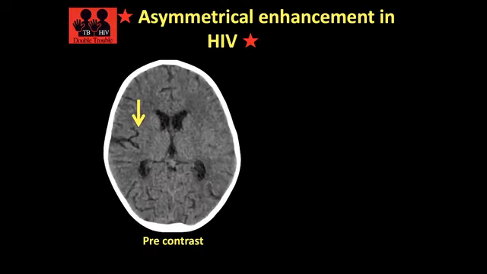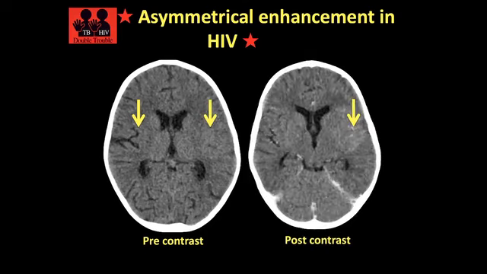And here is another patient. You can see the asymmetry between the right and the left hemisphere. Quite a lot of shrinkage in the right hemisphere for a pediatric patient. And when we look on the contrasted scan, we can see that asymmetrical enhancement, again in an HIV positive patient. So in a patient from a low or middle income country, or a patient who's immunosuppressed who presents with features of meningitis with asymmetrical enhancement, consider TB meningitis.